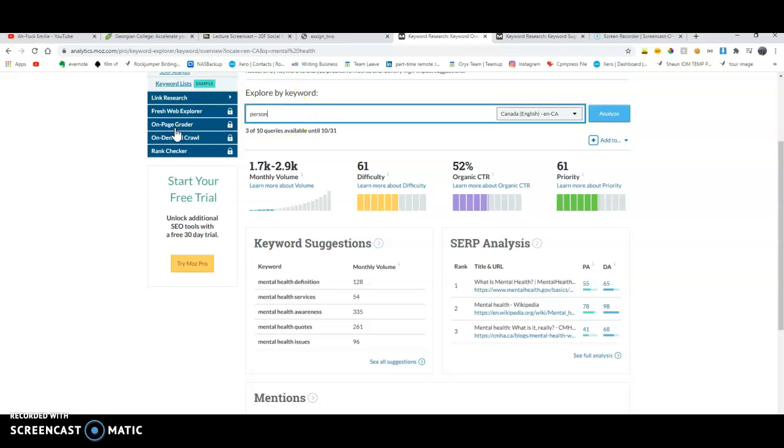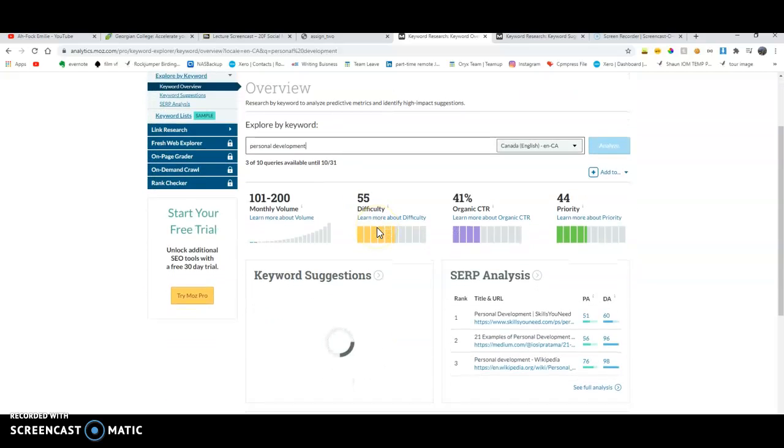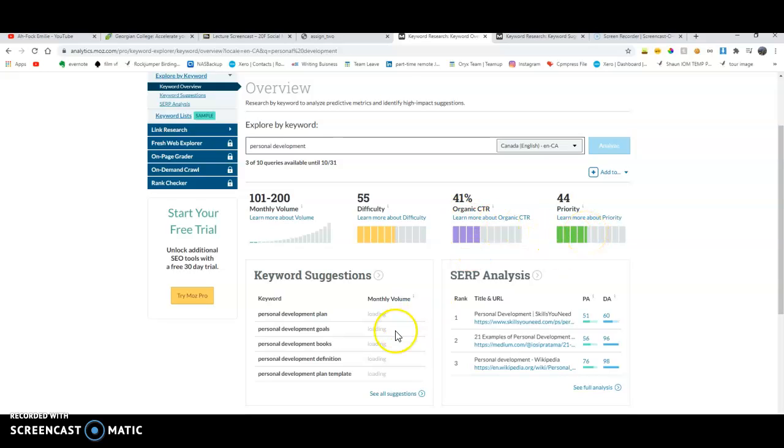At first, I actually looked for personal development because that is what it's about, but in terms of organic and priority, it's not that much. And people nowadays, from what I see, don't really relate to personal development, even though the services that the company offers deal with stress and issues and how to deal with that. But since I want to have more notoriety and drive more traffic, I'd rather look for keywords that people mostly relate to, and people mostly relate to mental health illness rather